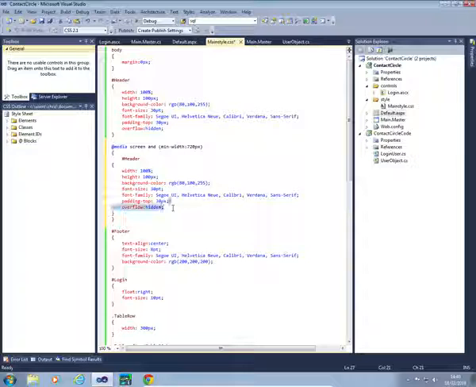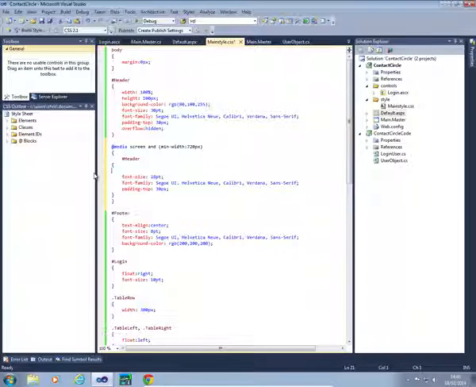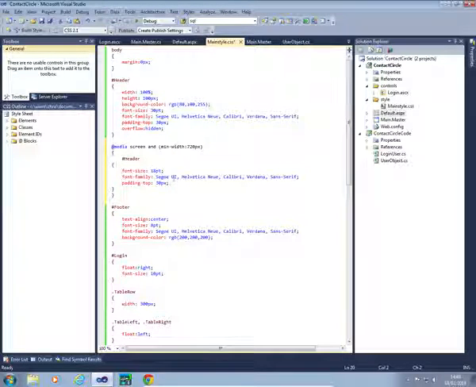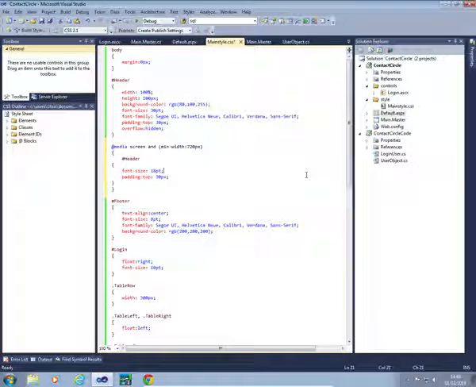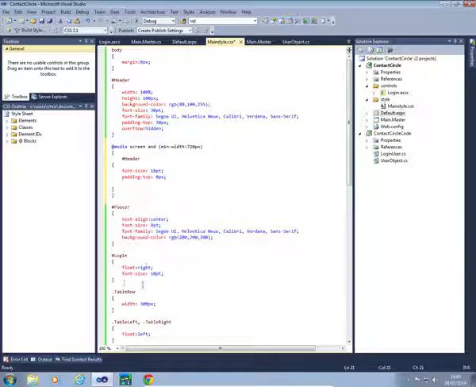Well, what I'm going to change is I'm actually going to change the font size down to 18 points, let's say. I don't need to change background colour or width or height. I'm going to leave those as they are. I'm going to change the font size. The font family is going to stay the same. The padding to the top I'm actually going to now set to being 0 pixels, so there's now no padding at the top either. And I'm then going to change the login